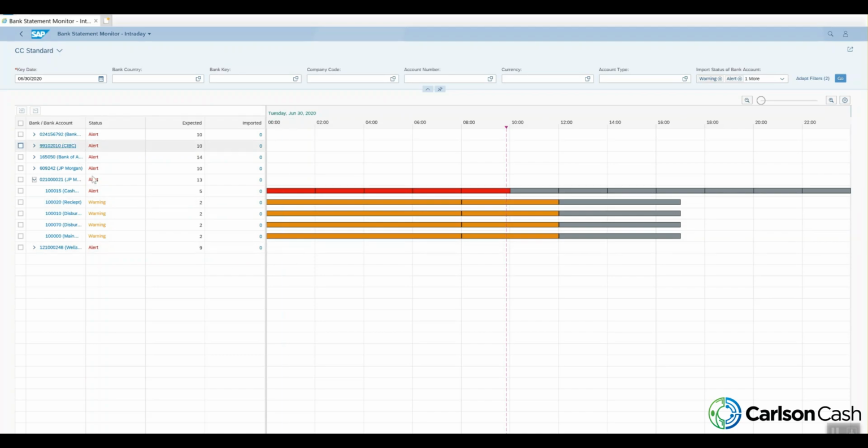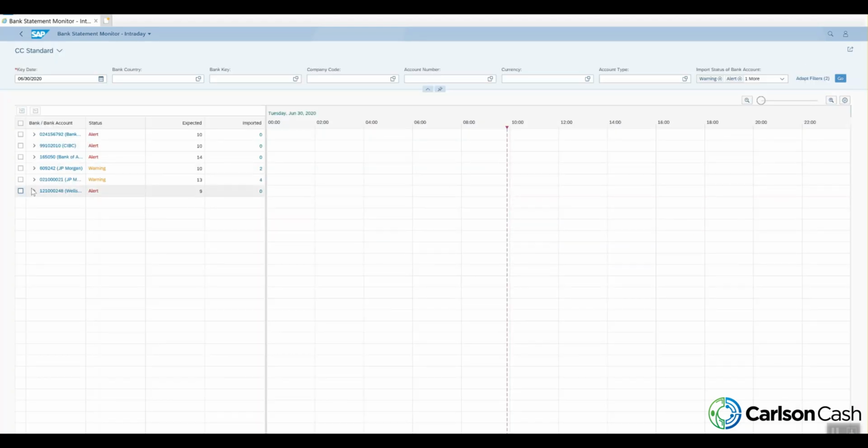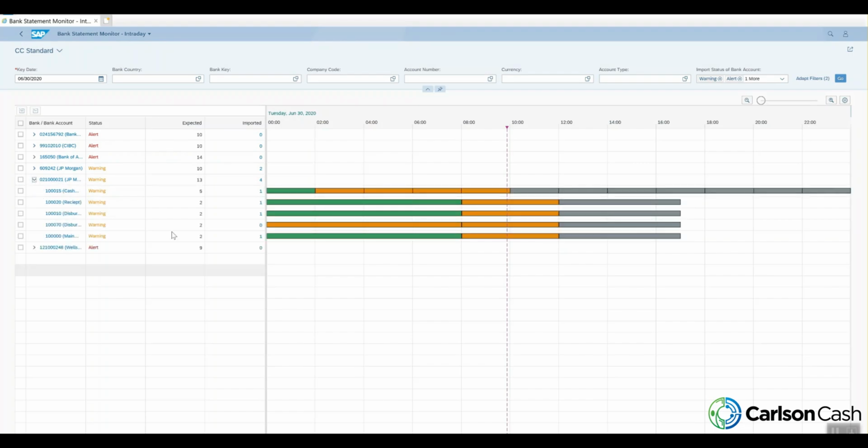So now we can see in here, we have a bunch of warnings and alerts, and we haven't loaded any bank statements in here, so that's why everything shows up this way. So now we're going to load a bank statement and we can go through what these warnings and alerts really mean. So now we loaded a bank statement in here. I'm going to refresh the report. I'm going to go back into the same account. We can see that some transactions have loaded and we can see that the reports changed a little bit, and I'm going to go through that.